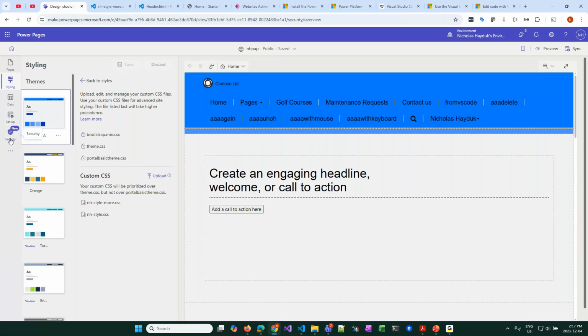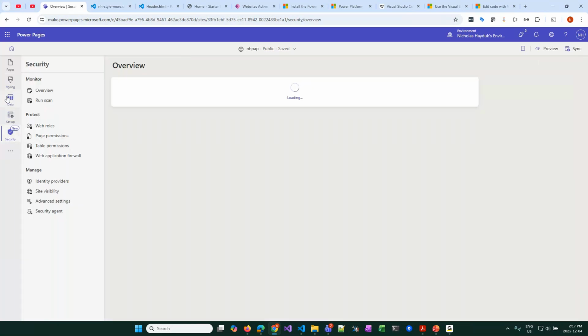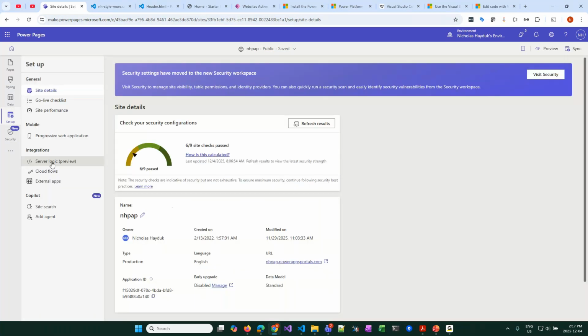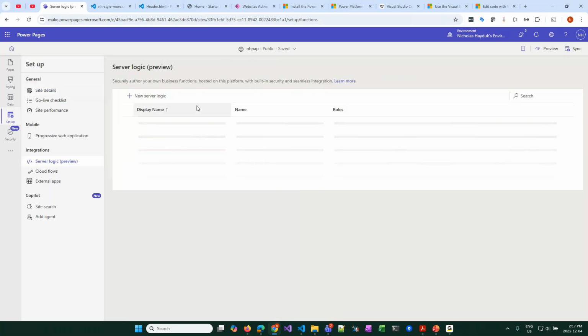The other one is, where did they hide server logic setup? Yeah. So if we go into the server logic, we wait for that to open. Again, once it loads, while I'm waiting here,